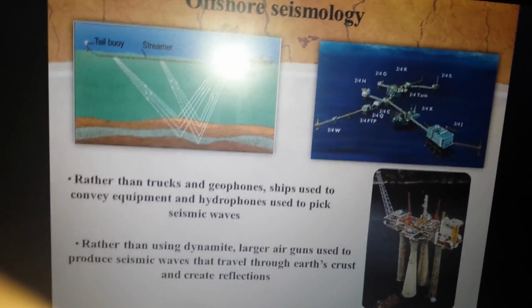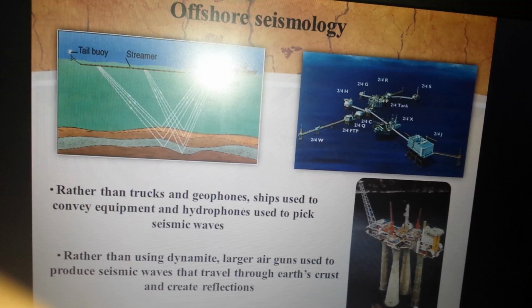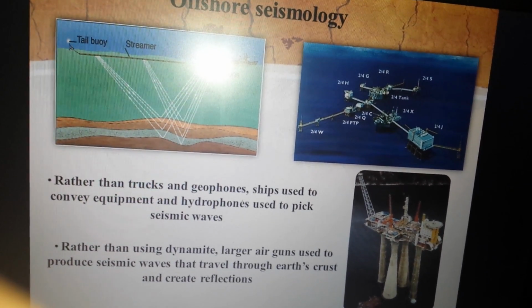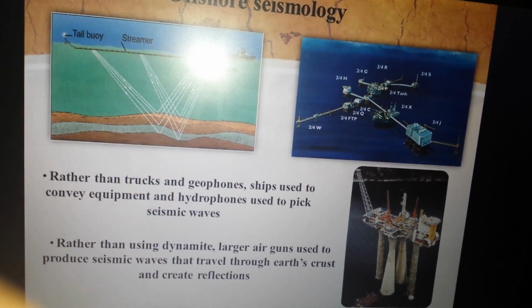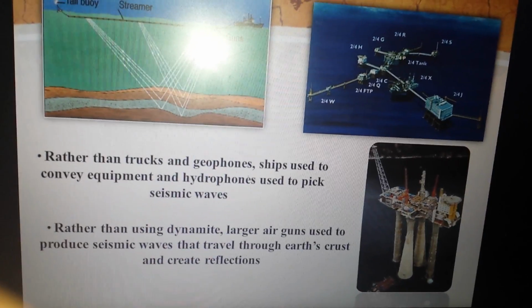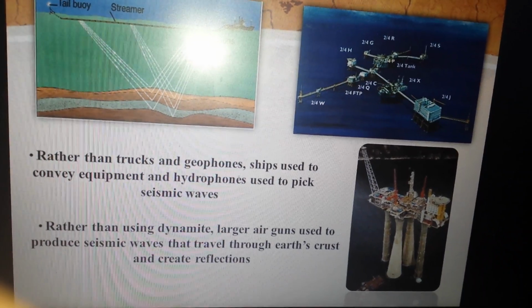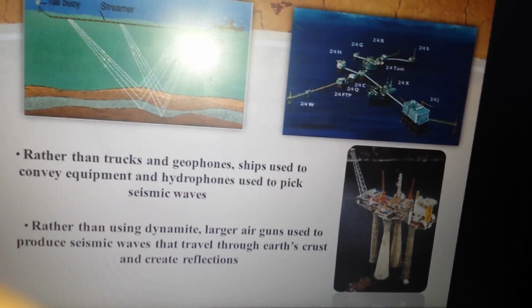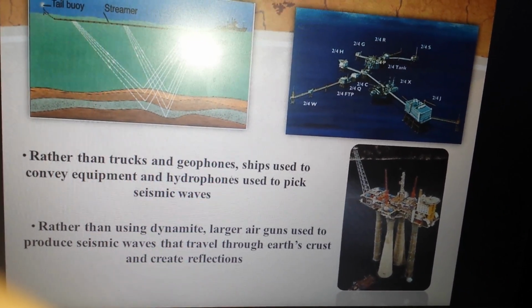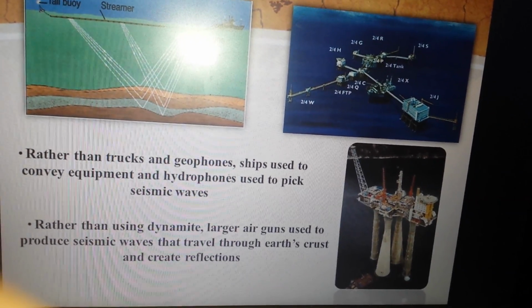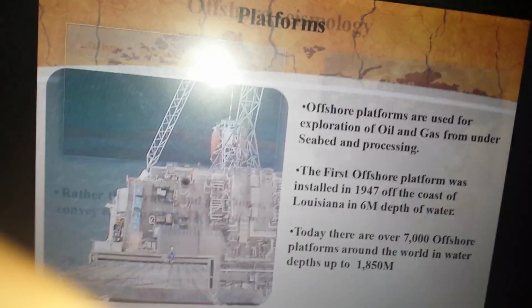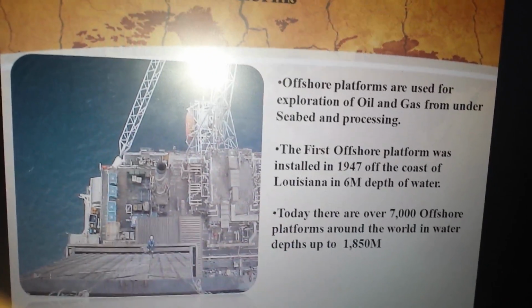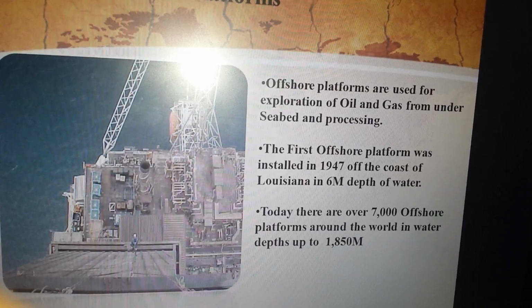And here is offshore seismology. Here, instead of using the truck, they use ships and convey equipment. Instead of using geophones, they use hydrophones in order to pick up the seismic waves. In these kinds of scenarios, they used dynamite. Instead of using dynamite, they use larger air guns in order to produce seismic waves. And here are the kinds of platforms that are used in offshore